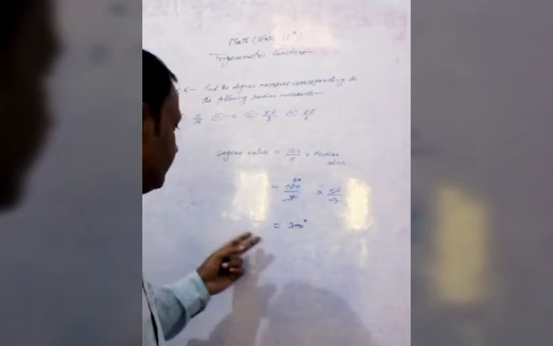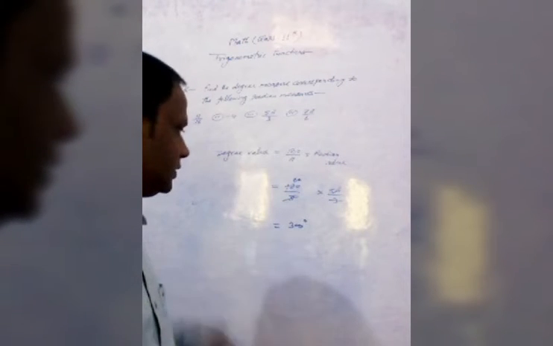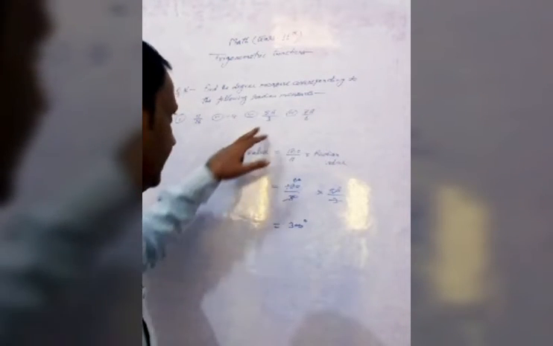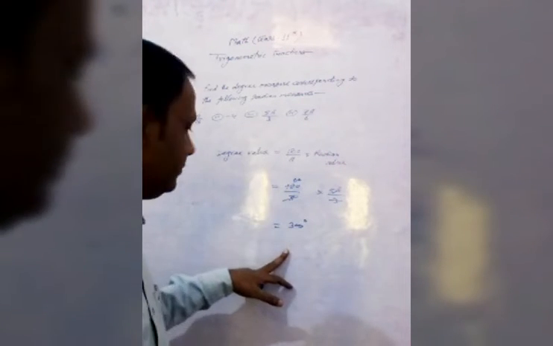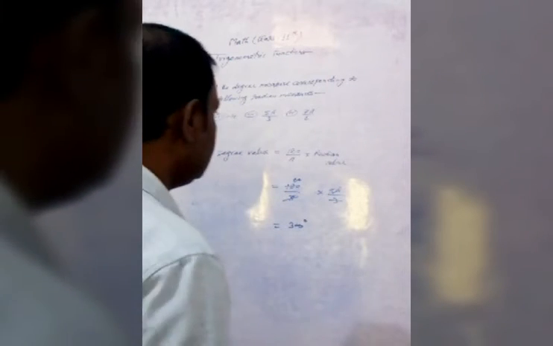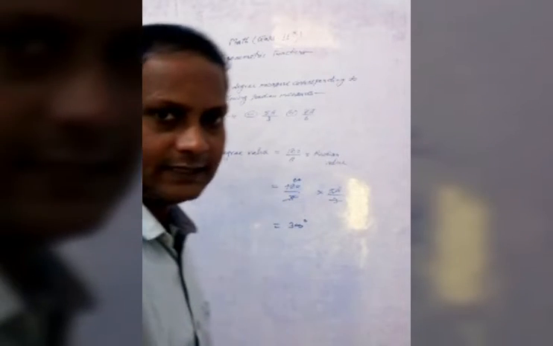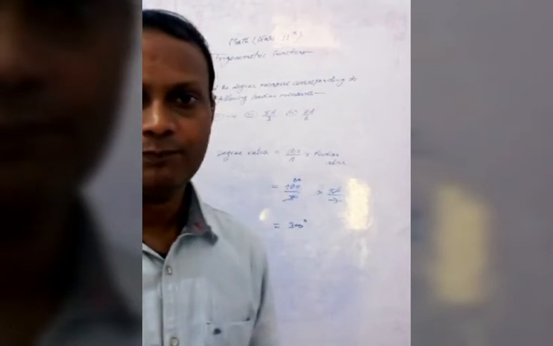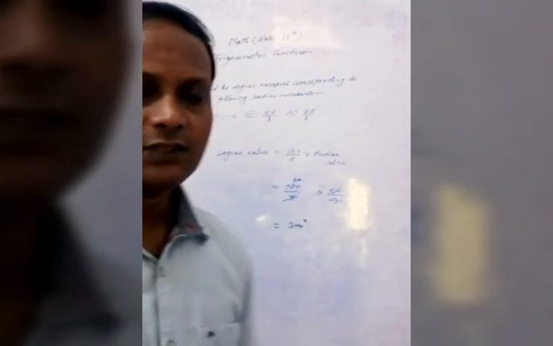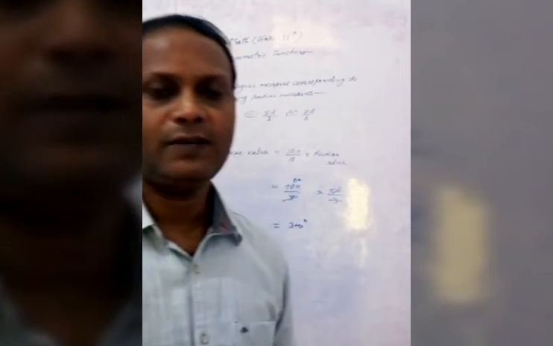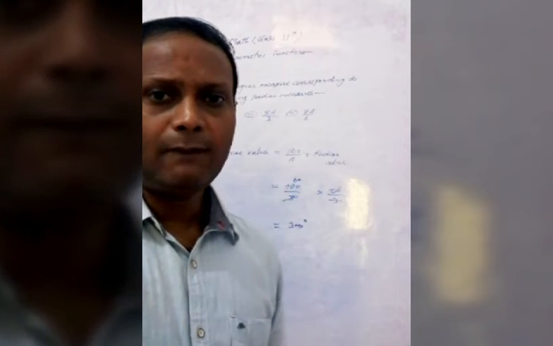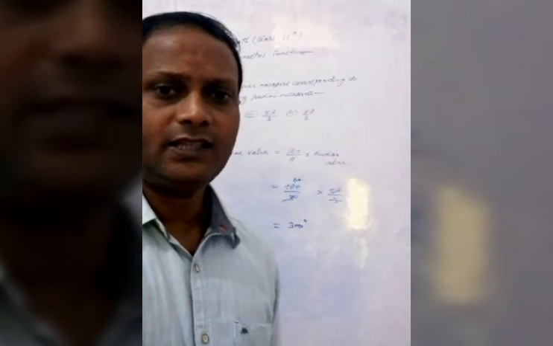It's so simple to convert in degree. 5 pi by 3 radian have the value in degree 300 degree. इस तरह से 5 pi by 3 को हम जब डिग्री में बदलते हैं तो ये 300 डिग्री प्राप्त होता है। और इस तरह से हम आगे दूसरे क्वेश्चंस को भी आसानी से सॉल्व कर सकते हैं। उम्मीद है आप सबको ये सॉल्यूशन बड़ी अच्छे से समझ में आया होगा।